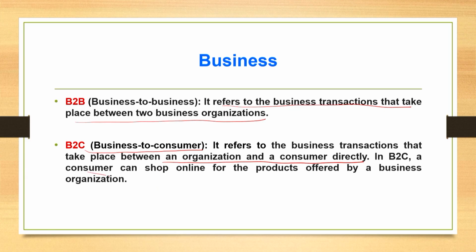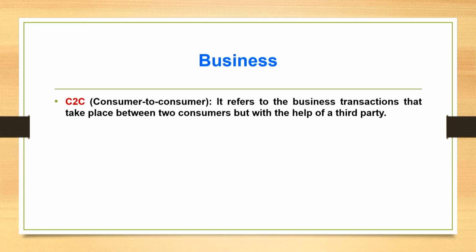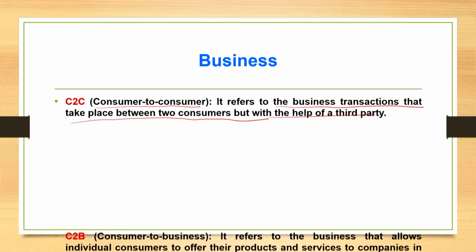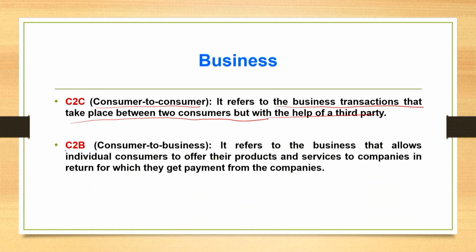It's like, a consumer can shop online for products offered by a business organization. C2C, consumer to consumer, refers to the business transaction that takes place between two consumers but with the help of a third party. And C2B, that is consumer to business, refers to the business that allows individual consumers to offer their products and services to companies